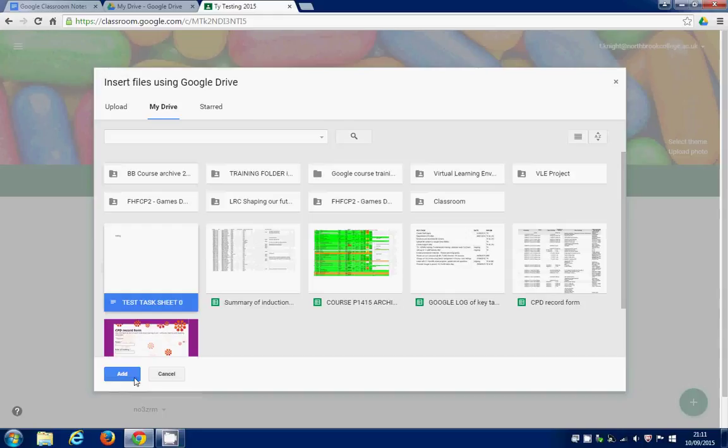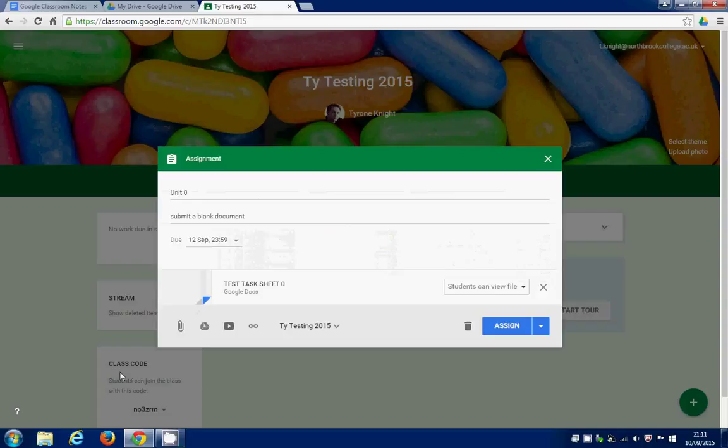And it's this task sheet I'm going to do. Now this is just an example, but if I was setting a task sheet to students, which is a template and they need to fill it in, this is one option I can do. It works best using Google Docs, and you can see the option it's given me here, students can view the